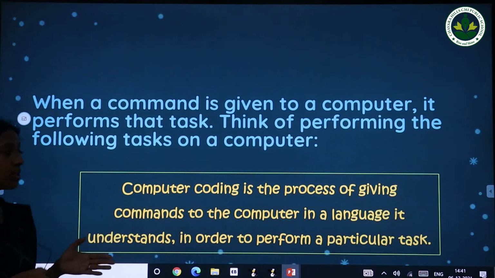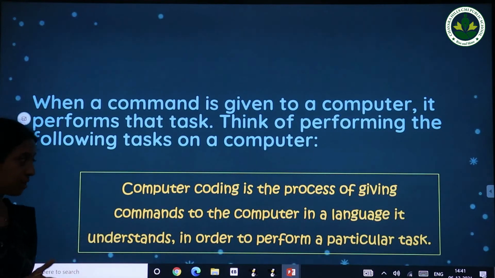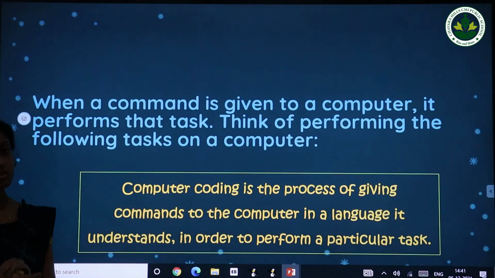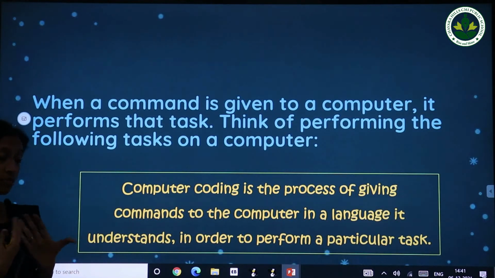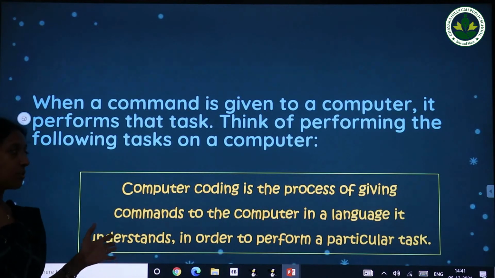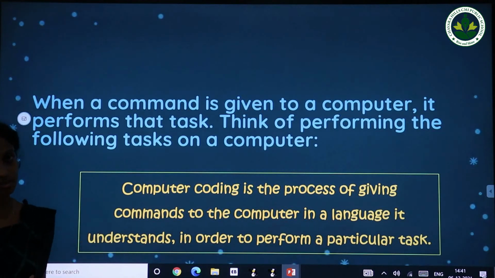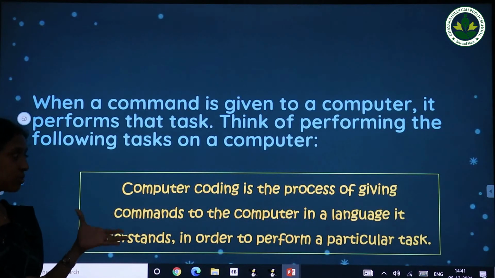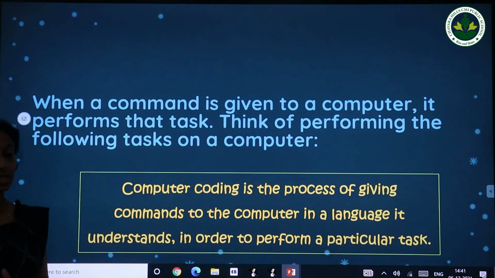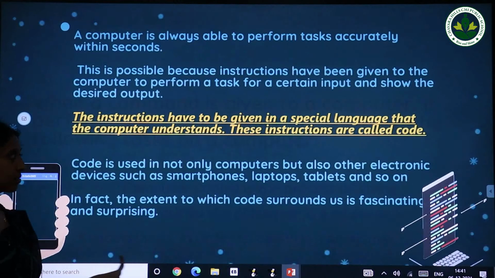So coding is the process of giving commands to the computer in a language it understands in order to perform that task.